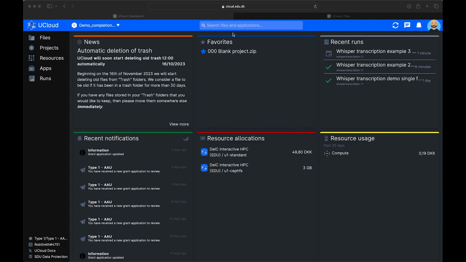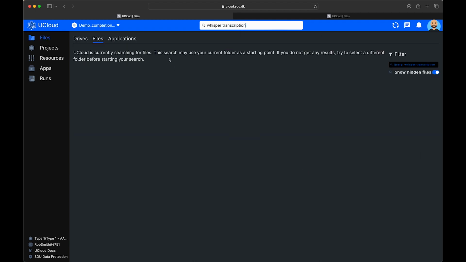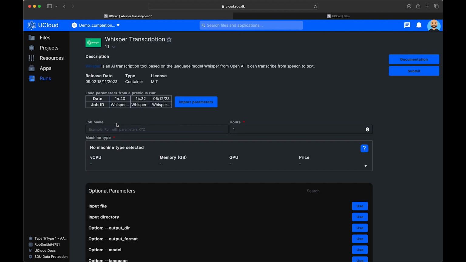In our landing page, we again use the search bar at the top of the page to look for Whisper Transcription. Look for the application and land in here. I'm going to need to give the name again, so Whisper Transcription example 4 with multi-file